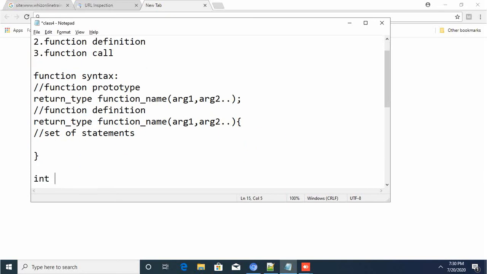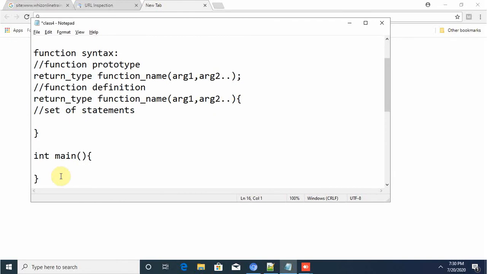And in your main program you will be calling the function. Here we'll have the function call. For the function call, we need to specify the function name, and here we can pass the values for the arguments. Simply you call the function by using the function name.